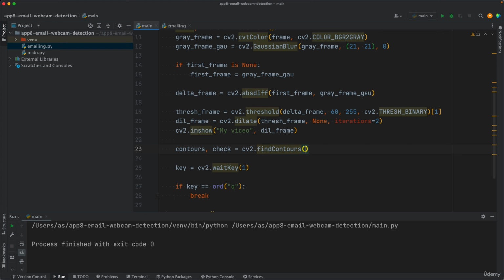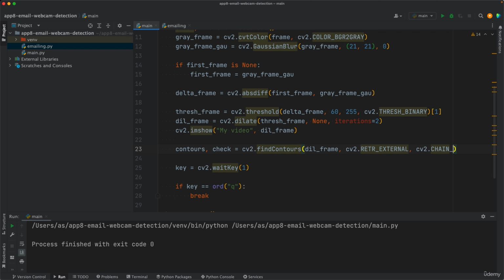Contours provide the last frame that we processed, dill frame, as the first argument, then the algorithm, which is cv2.RETR_EXTERNAL. These algorithms are documented in the OpenCV library, and also another algorithm,